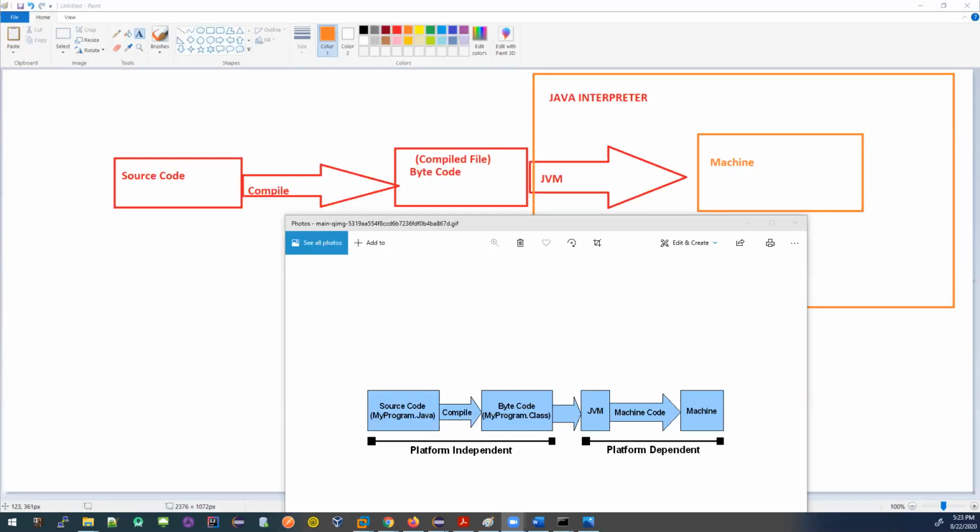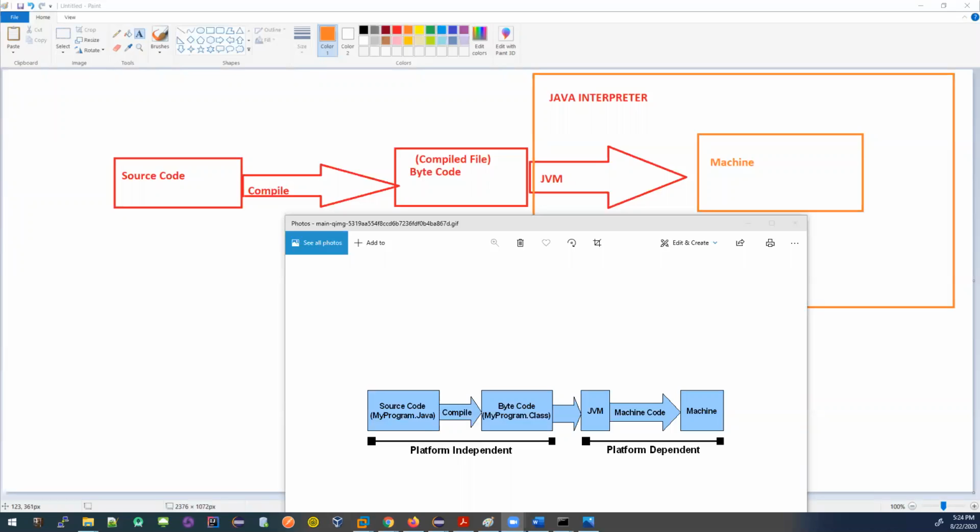First, you are actually writing the code. It will be clearer when I write code, but let me explain it right now. You will write source code using the syntax or rules the Java programming language has. You want to print something, or do some addition of two numbers, 1 plus 2 is 3. You want to do some small calculations. Now you have written your code.